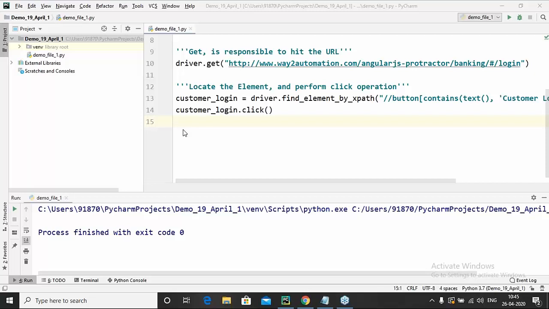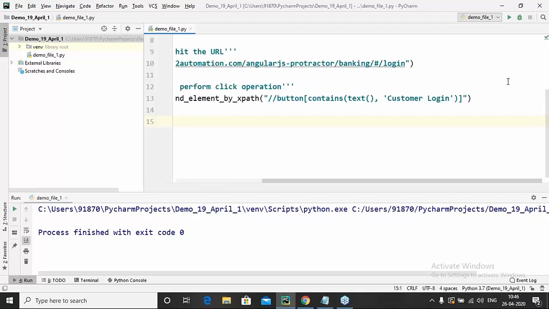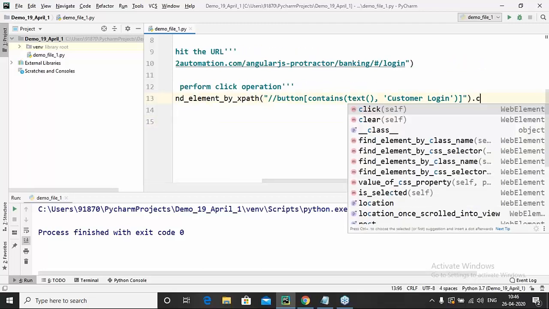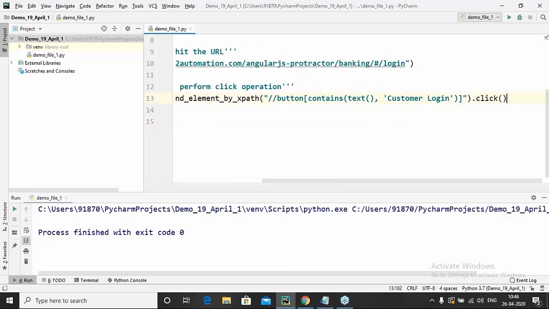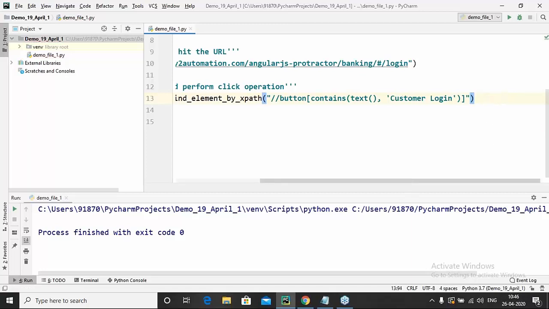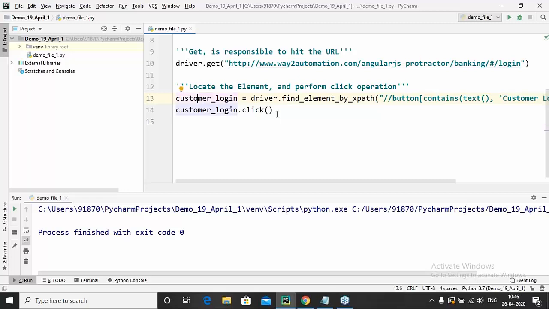Okay. So just to make the code readability better, I mentioned this inside a variable. Otherwise, you can directly do this by the end of the function. If you write dot click, it will work. So just to make the code more readable, I said we are going to take it inside a variable and perform the operations.